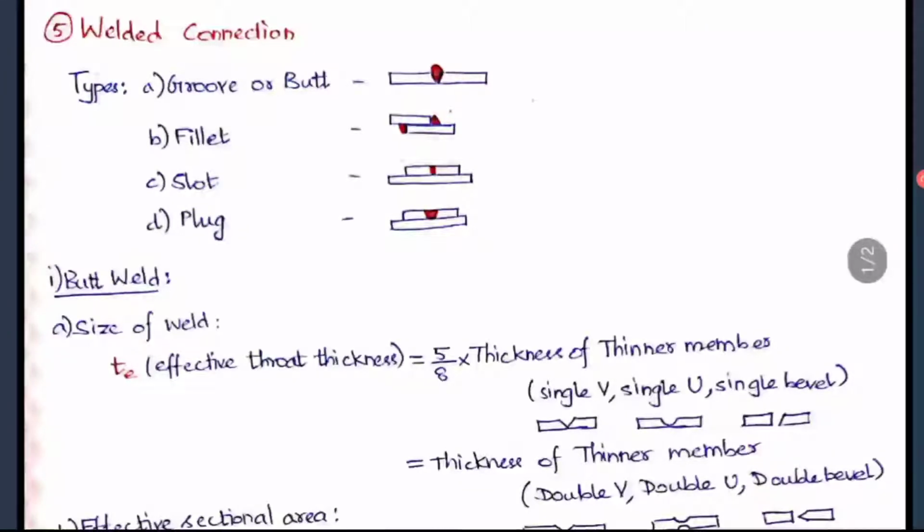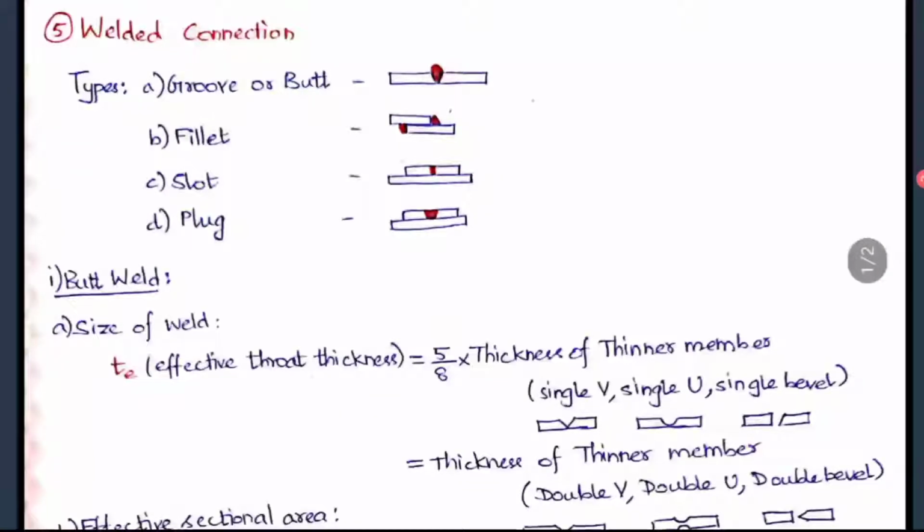Generally it has some advantages and disadvantages also. The advantages are that this connection is much stronger than the bolted and the riveted connection because of the absence of holes, whereas in the bolted and riveted connection we have holes in the metals. Here this is absent, so this increases the efficiency and strength of the section. Also, welding enables the direct transfer of stress. This is another important point.